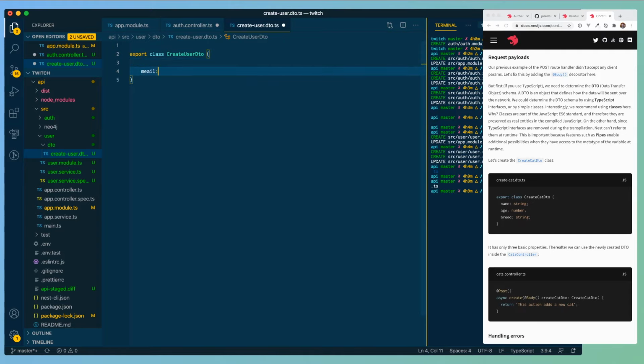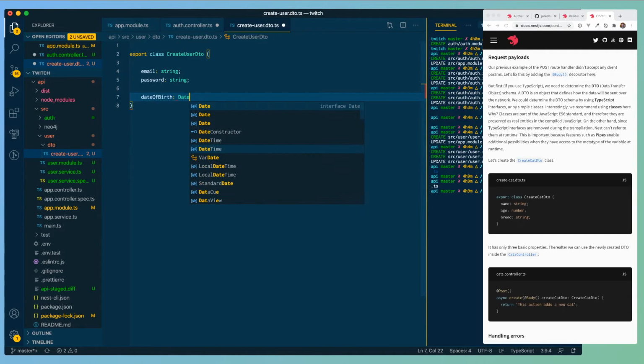So for example, we want the email, which is a string. I want the password, which will also be a string. And then we want the date of birth. The date of birth will be important in this project for two reasons. Firstly, we want to make sure that the users that sign up are more than 13 years old,